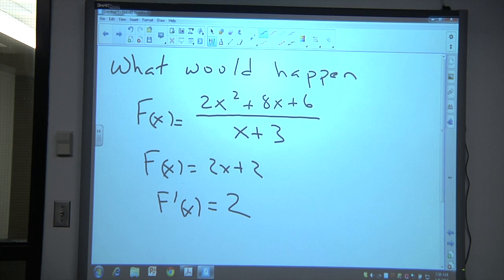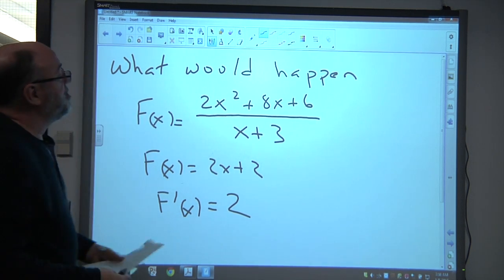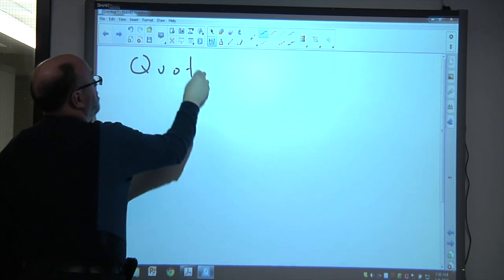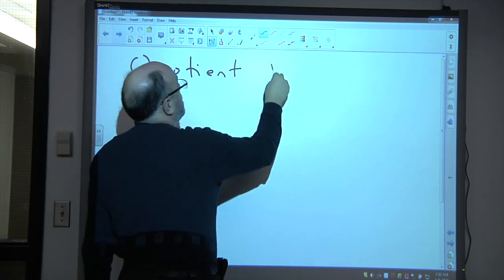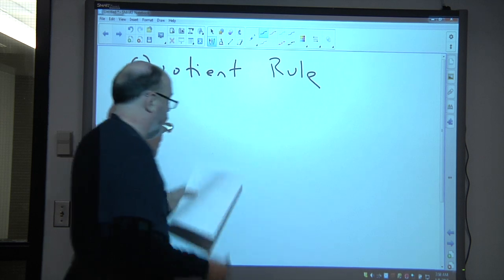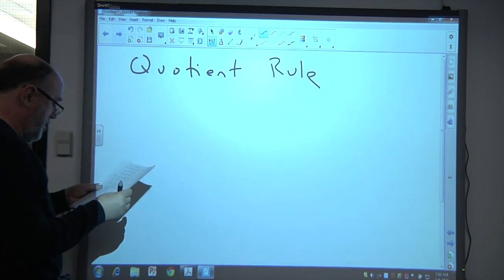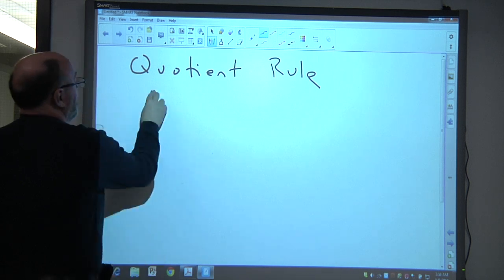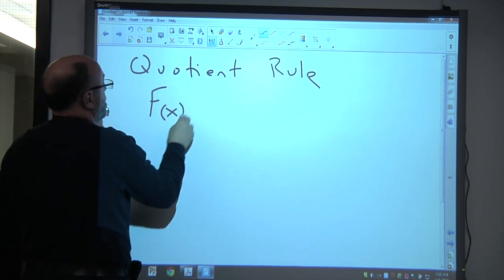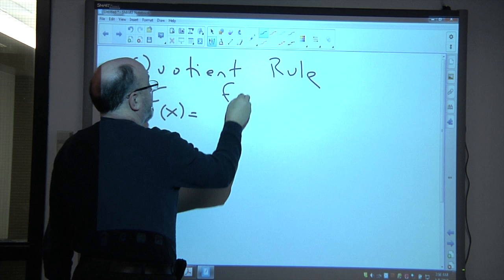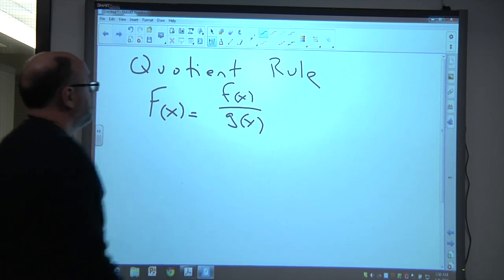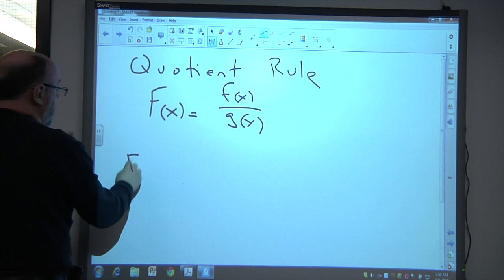Right? Well, we did the product rule, and so this is a fraction, which means we're now talking in terms of the quotient rule. So in terms of the quotient rule, again, we're going to divide f into pieces. So f of x divided by g of x. And my derivative